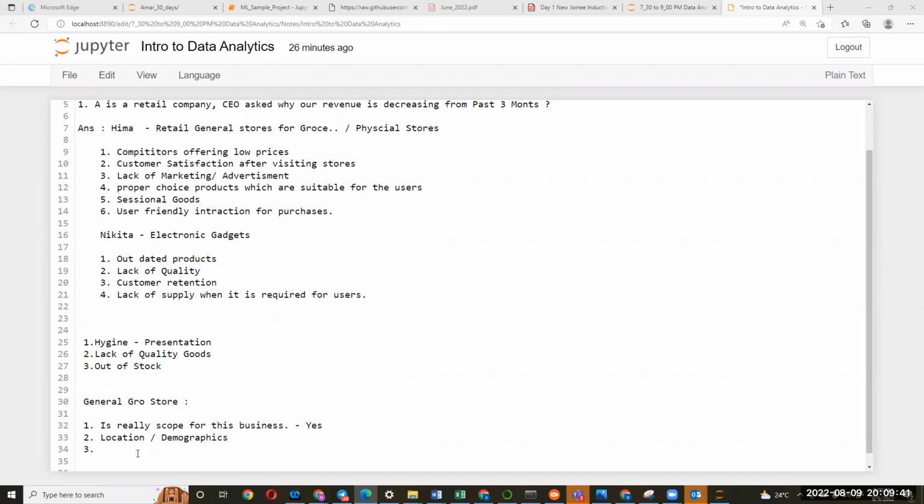Yes, definitely. We need to check the feasibility. Anyway, scope is a very big word in business. So under scope, all these particular things will become right. Just think like that. If any investor came to us and asked whether there is any scope for this type of business in this particular area or somewhere else, we would say yes, there is a scope, but we have some difficulties, or some competitors, right?